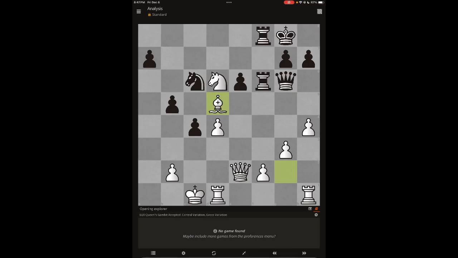So instead of capturing that, we're going to have to put something in the way to stop this. One thing we could do, obviously, is go here and block that. I did this on purpose as an example to show you that it blocks this attack, because if they do that, then we capture back. There are all sorts of things to consider, but that's what I love, the thinking process. But what that does is allow black to go here and capture this pawn.